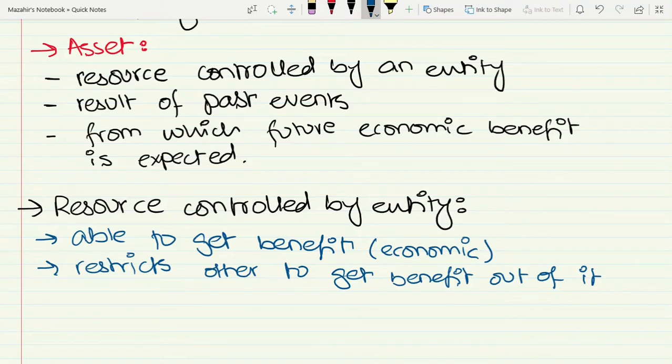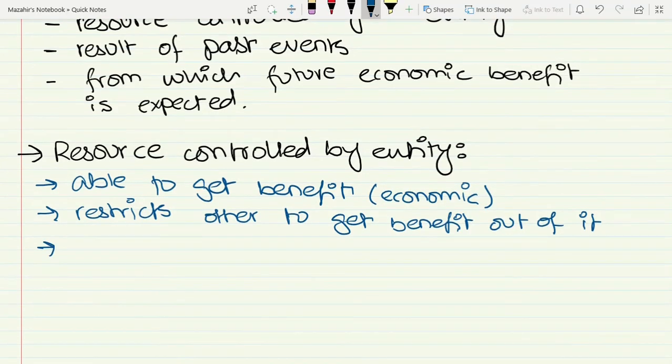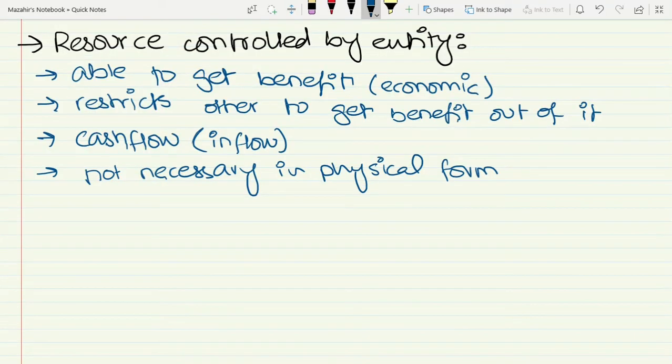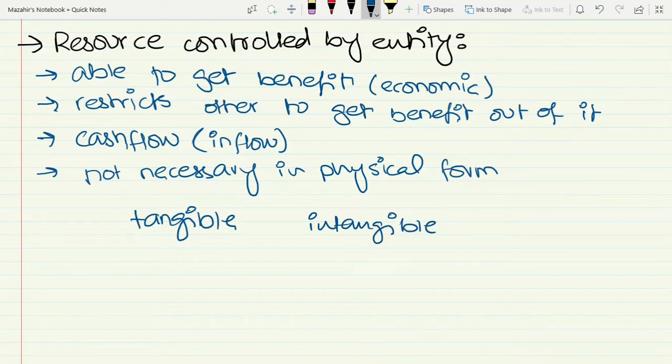Now we go to the second part, and that is by using that asset, an entity can have a cash flow, and by cash flow we mean any inflow or any gain of cash or cash equivalent that will be of benefit for the entity. And here we have to understand that it is not necessary that an asset must be in physical form. There are 2 types of asset. One is tangible asset and the other is intangible asset. We will discuss these in our further studies, but for now it is only necessary to know that there are